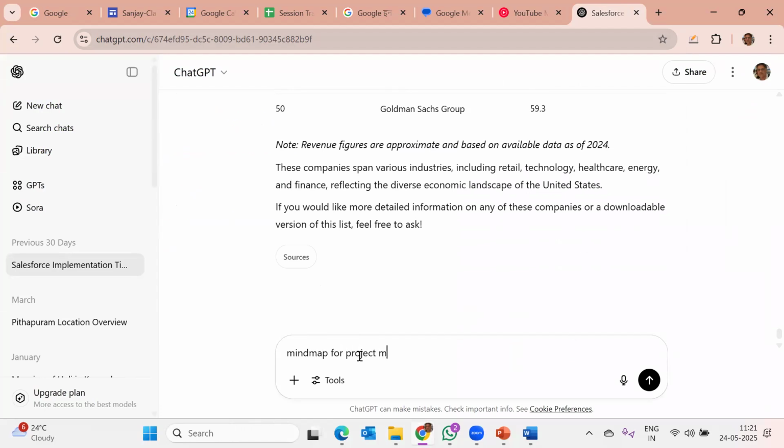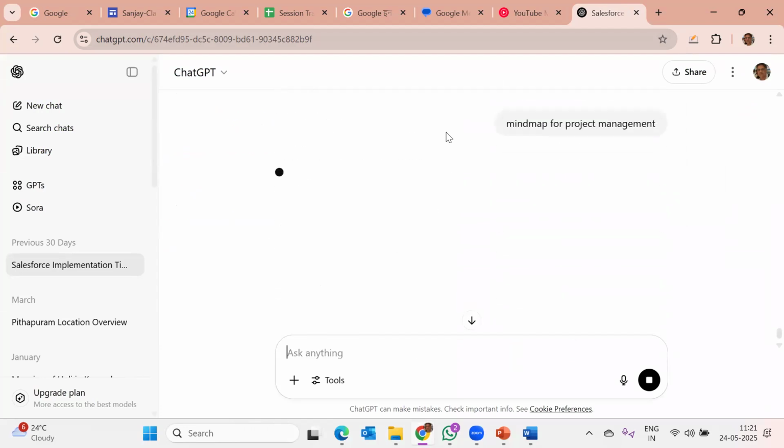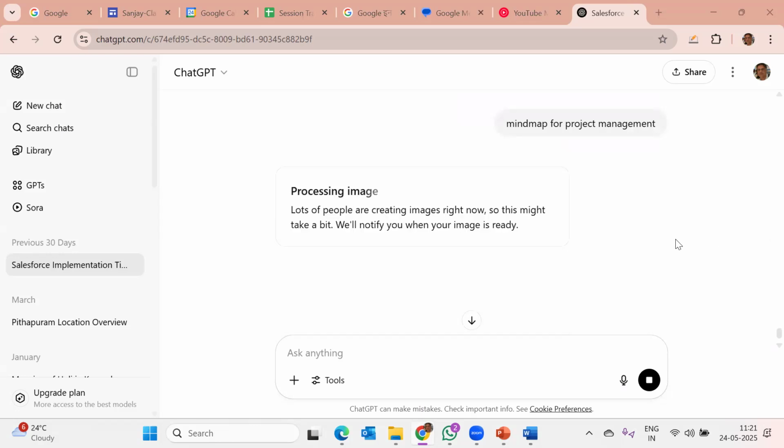आप किसी भी चीज के लिए कर सकते हो. It will go ahead and do that, mind map. Mind map is basically, take one idea and keep on doing double click and keep on opening next. That's what is called as the mind map. Processing image. So he has created, see, he is creating the image also for us.